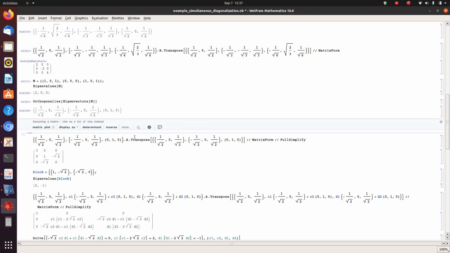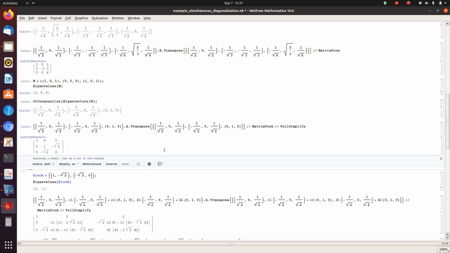So, compute S dagger A S, here it is S A S dagger because of the reason I specified already. When I look at it in this basis, I found the structure is block diagonal. This kind of structure is called block diagonal, so it is diagonal in blocks. It is a 1 by 1 block, and this is a 2 by 2 block, and this 2 by 2 block is because of the two-fold degeneracy. So, there is a subspace in the matrix which is not diagonal, it is block diagonal.